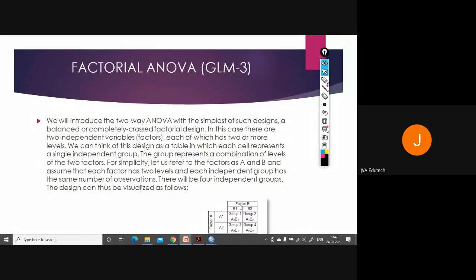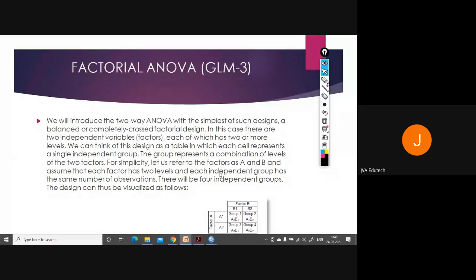So let us say that we have factors A and B, and assume that each factor has two levels. B has B1, B2, and A has A1, A2. Now you have two predictor variables, and these two predictor variables are again having two more categories. So previously we had one predictor variable with two or more categories. Now two predictor variables where two or more categories are there in each individual predictor variable.